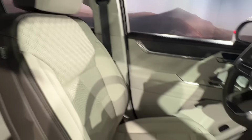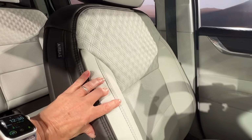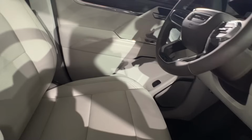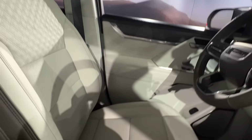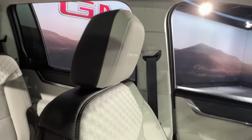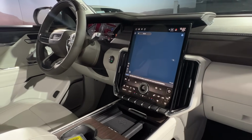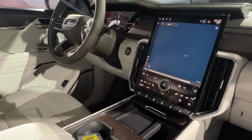Because this is the Denali trim, you do get a lighter color option, and it looks kind of a tan, but this is actually a light gray. You have some quilting pattern on the seats in addition to some really nice stitching accents. And you will have heated and ventilated seats that are standard at the Denali trim, heated rear seats that are standard on the Denali trim. And again, just some really nice finishing touches and just looking really up level on this Denali trim. But when we go over to the AT4, you're going to see that looks really up level too. So they've done a great job improving the